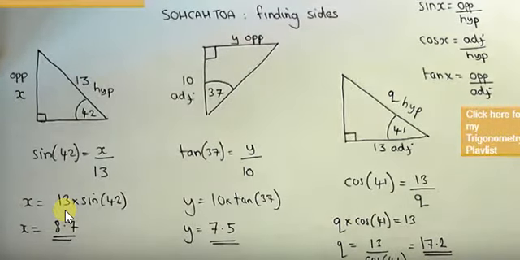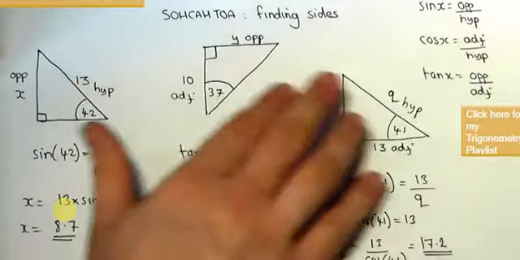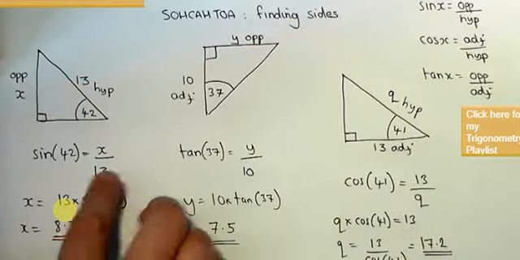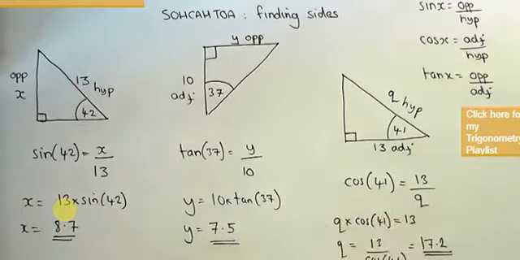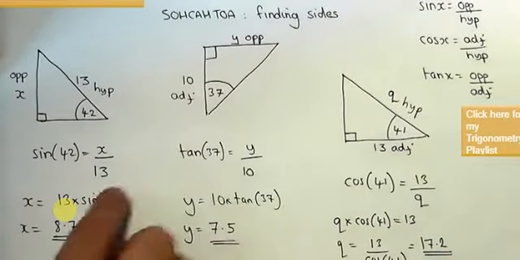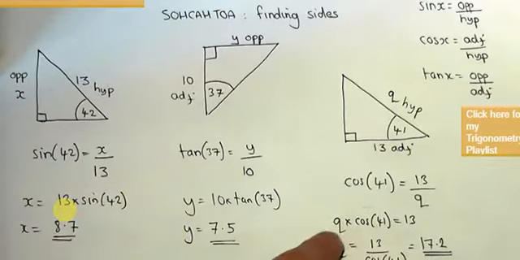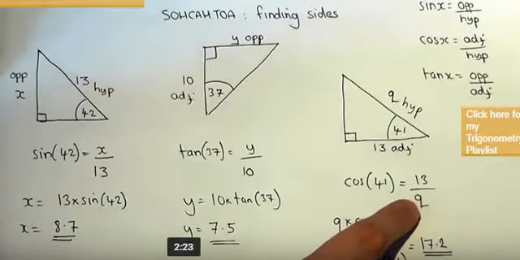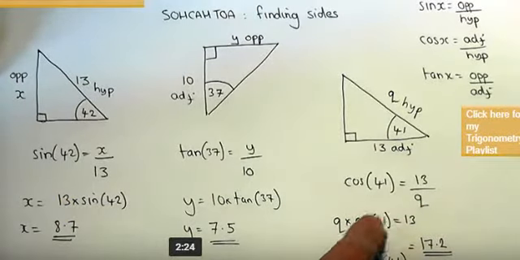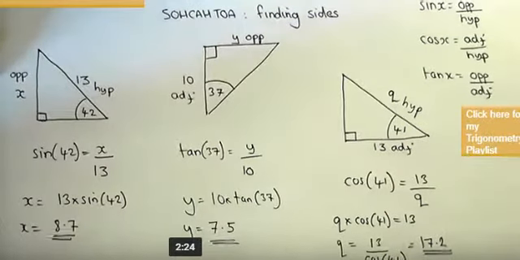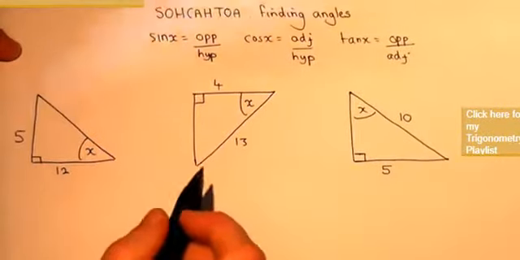The skills are to identify the two sides in the question, to write down the equation, and then to solve it either using the one-step method when we want the known on top of the equation, or the two-step method when the unknown is beneath the equation. That is SOH CAH TOA finding sides. This video talks through how